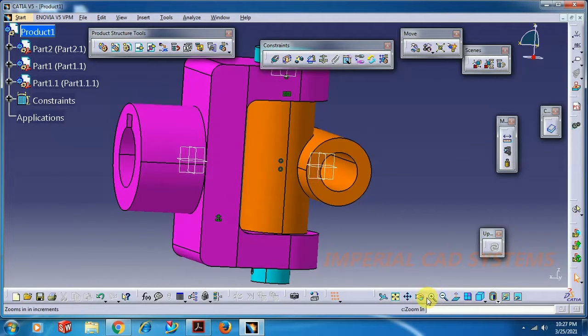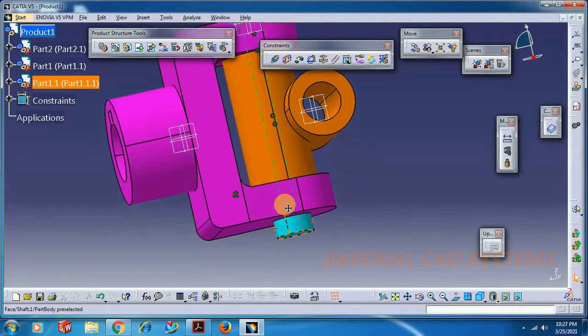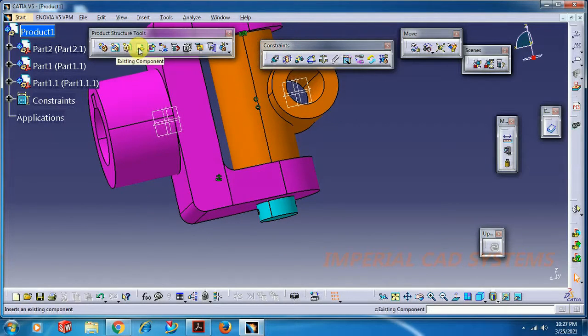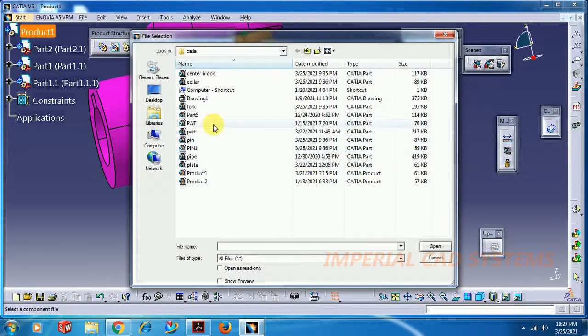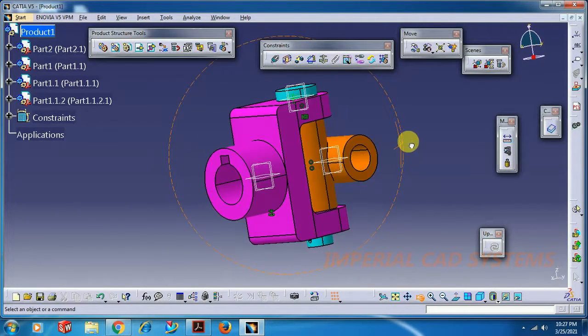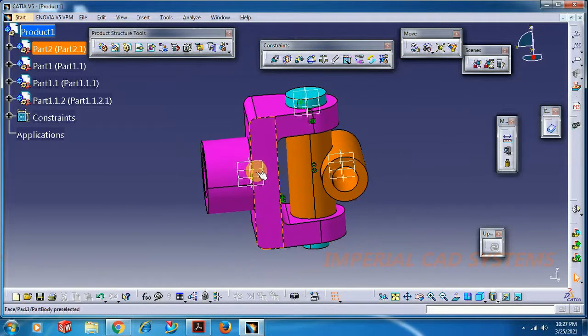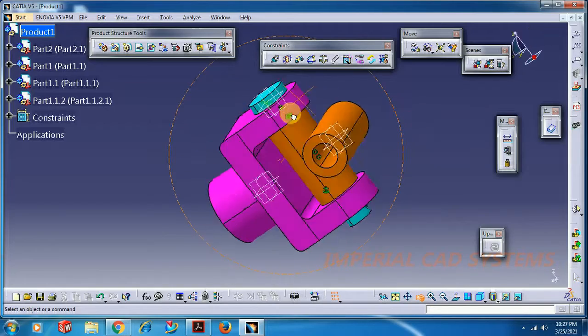Fixed component for the first component. Then here we need collar. See, collar we have to place here. Now when you use this existing component and the product, if you select collar, as collar is a smaller part, it will not be visible. We have to turn that part and see here. It is coincided with the planes of the first component.